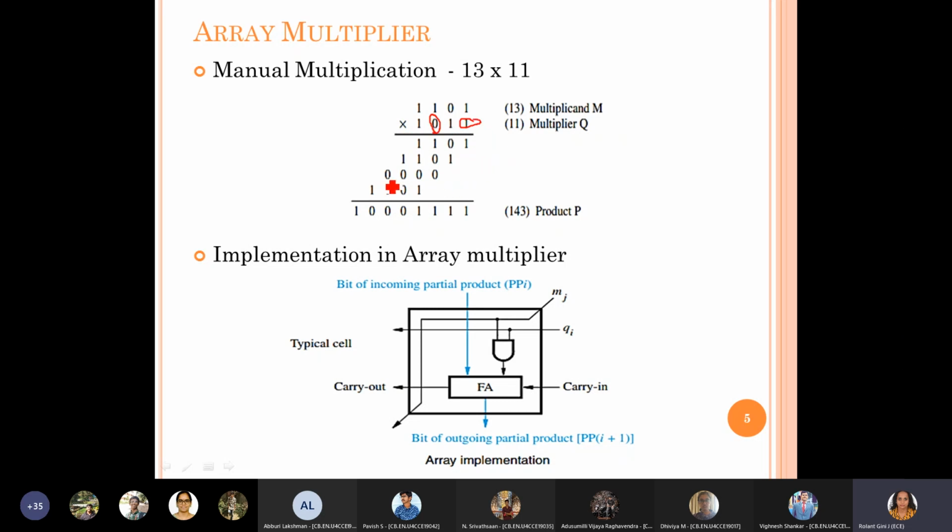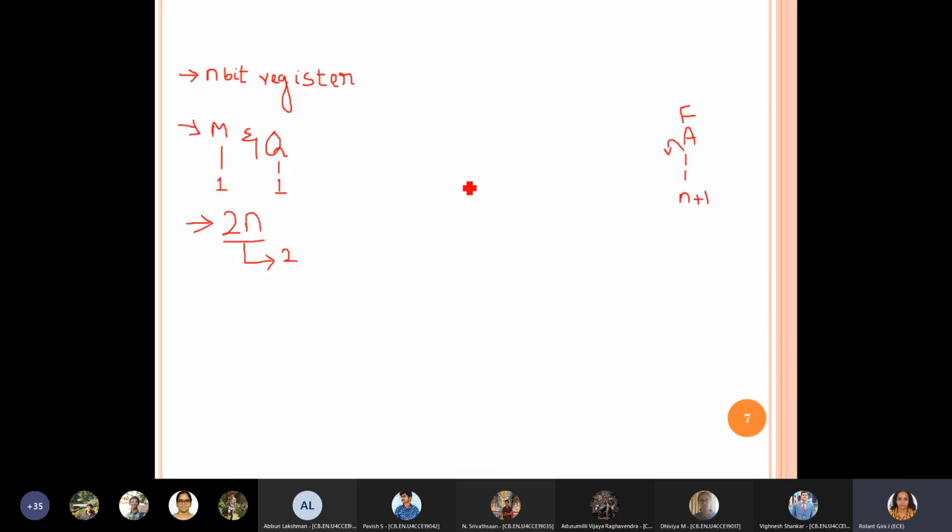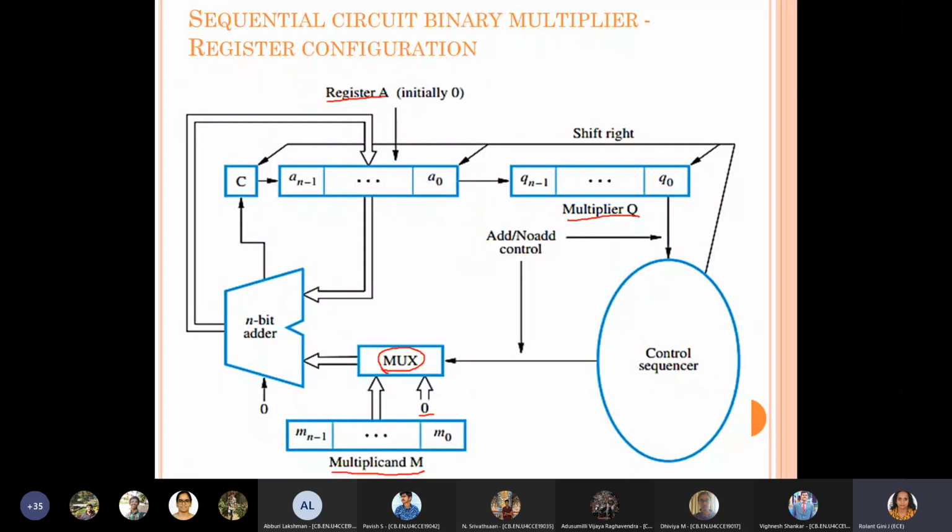If it is 0, then m will not be added, because when you multiply you get only zeros. So either m will be added or zeros are supposed to be added. That is the basic logic, and that is not going to change here. Always the q value will decide whether m should be added or 0 should be added with the next stage. So in A, initially what we do is we clear it,